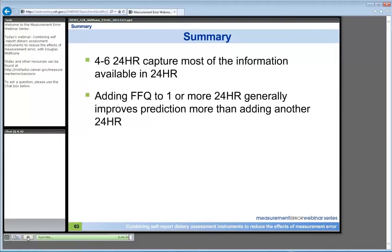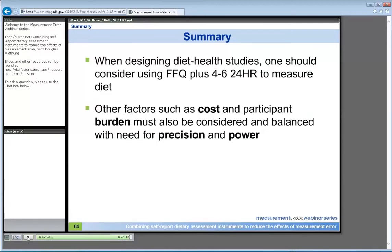We saw that 4 to 6 24-hour recalls seem to capture most of the information that's available in 24-hour recalls. And we also saw that adding an FFQ to one or more 24-hour recalls generally improves prediction more than adding an additional 24-hour recall. Therefore, when designing a diet health study, one should consider using a food frequency questionnaire and 4 to 6 24-hour